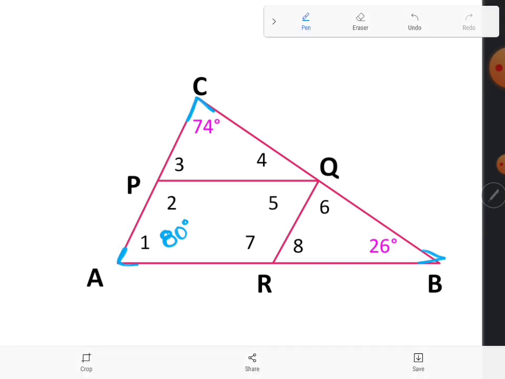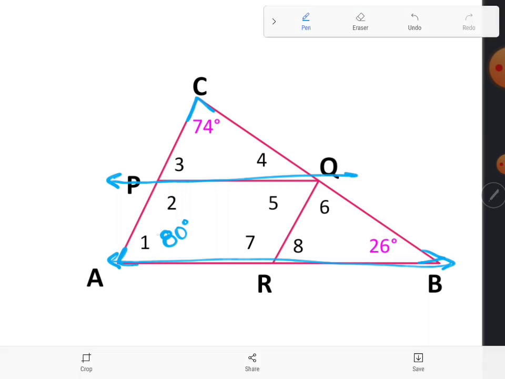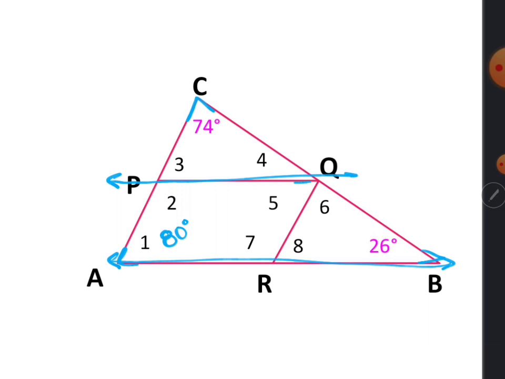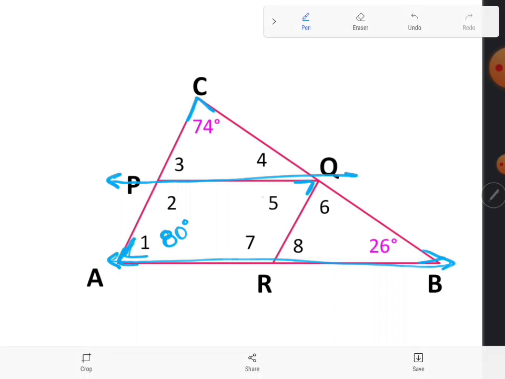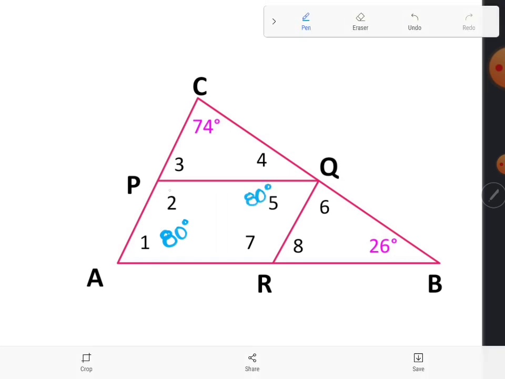Well, now that we know that, we can take a look at our triangle. We'll notice that these two lines right here are going to be parallel, which means that 1 and 5 will be complementary since they are directly across from each other, making 5 80 degrees. Do a little clean up. 5 will be 80 degrees. Now another funny thing, since we have